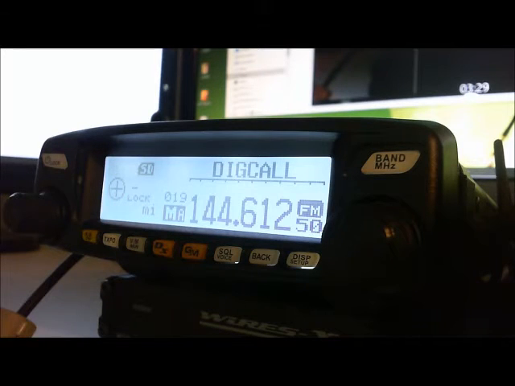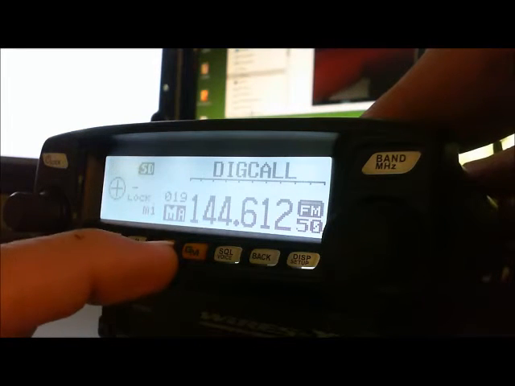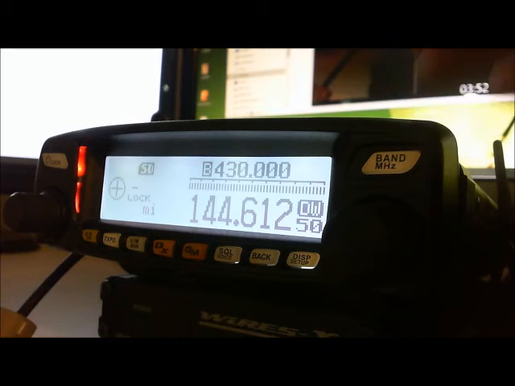a dual watch mode. And what it should do is, once it connects and finds the node frequency, the node radio will actually send out the information of the frequency that it is working on, and it should change the radio over to the node's frequency. So I'll press and hold the WiresX. There we go,